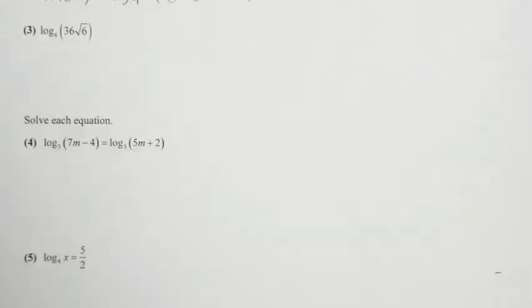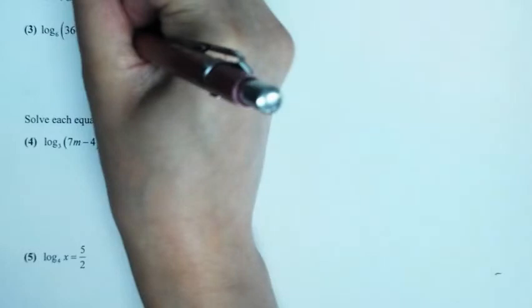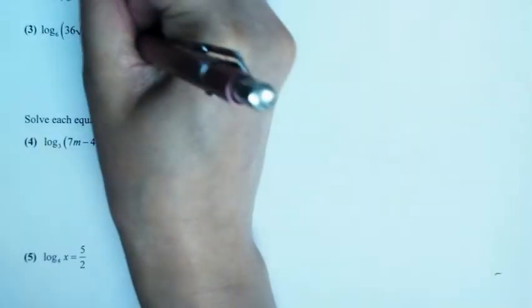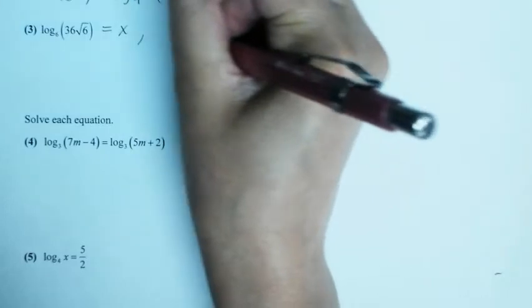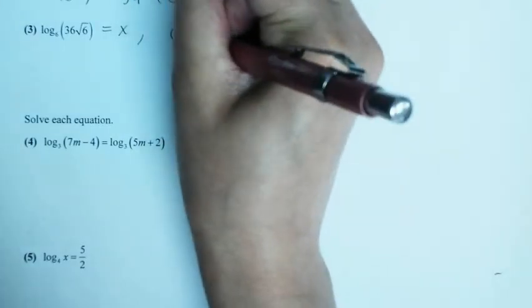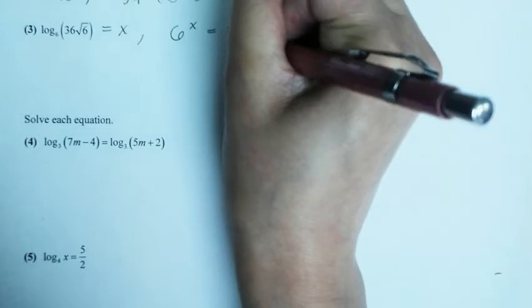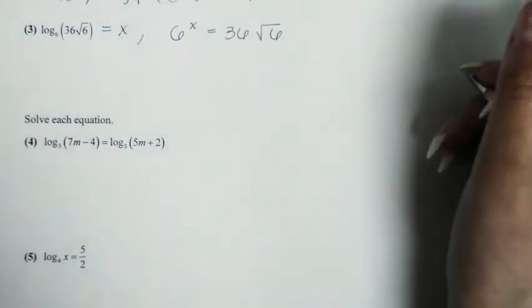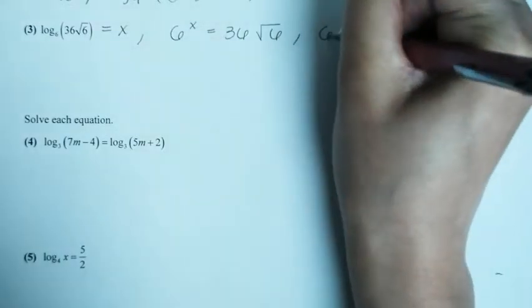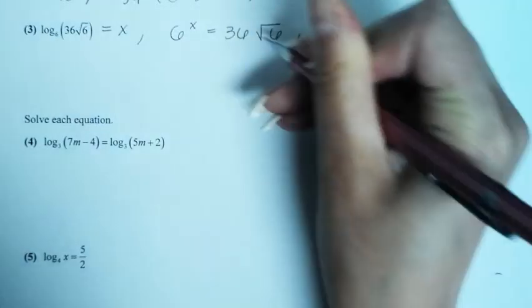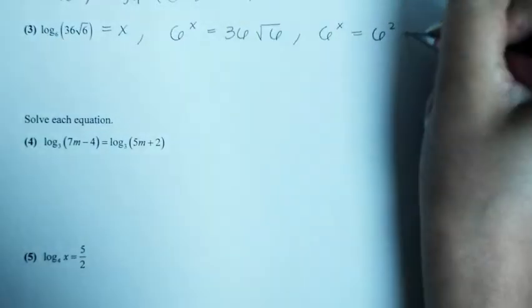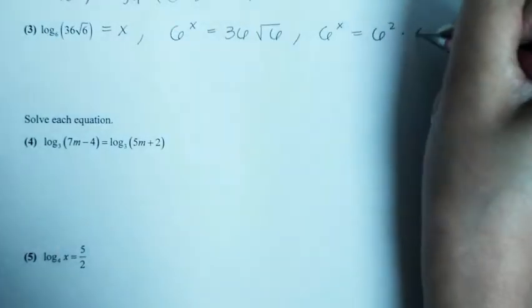Okay, so for this problem we have log base 6 of 36 root 6. What I'm going to do here is set this equal to x. Then you pass this logarithmic form into exponential form, having 6 to the power of x equal to 36 root 6. So what you have here is something with patterns of 6. 36 is 6 squared, and root 6, you know that it's multiplying the 36, and it's going to be